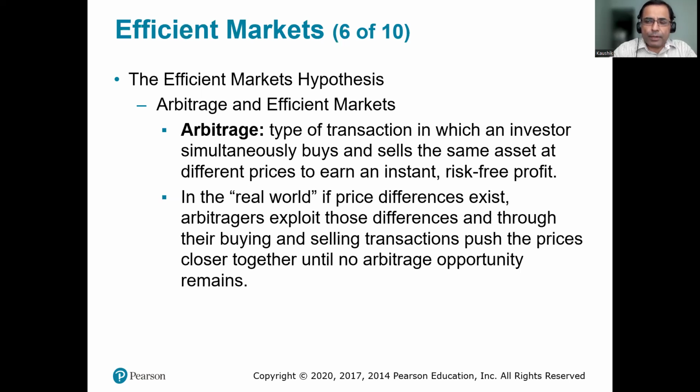And even if there is any price difference of the same asset in different markets, people will try to exploit the arbitrage opportunity. That is, they will try to buy from the market where the price is low and they will try to sell it in a market where the price is high. Since many investors will try to exploit this opportunity, it will gradually bring prices in both markets to similar levels, and the arbitrage opportunity would be lost. Again, this shows that arbitrage is not possible because markets are efficient.